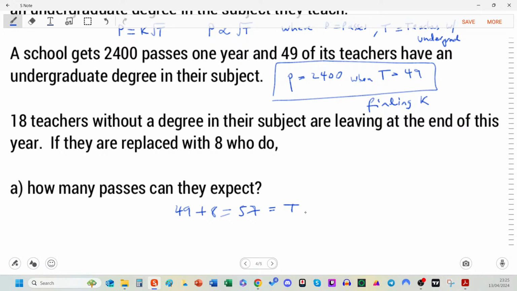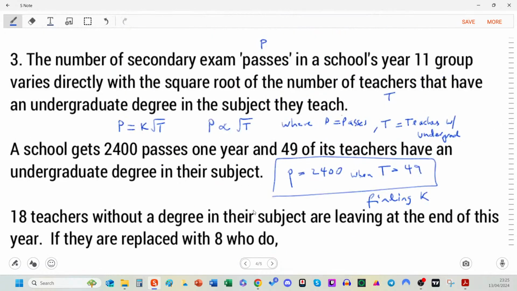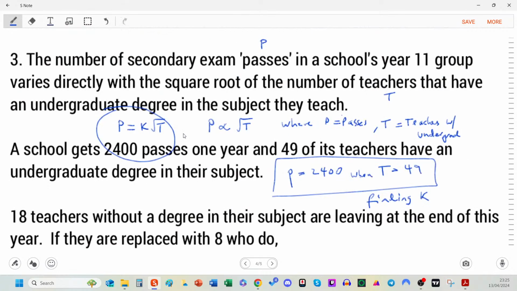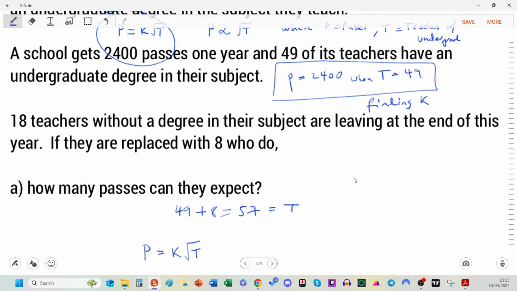Well, we need to put that into a formula or an equation. We haven't got a formula or equation yet. We need to find it. That's a kind of an indicative move as to what we need to do. We kind of started that up here. So we're going to carry on with our work. Let me start again. P is equal to k root t. And then we found that P is